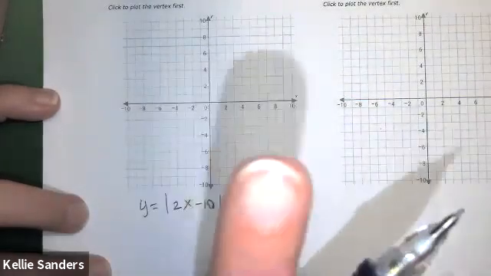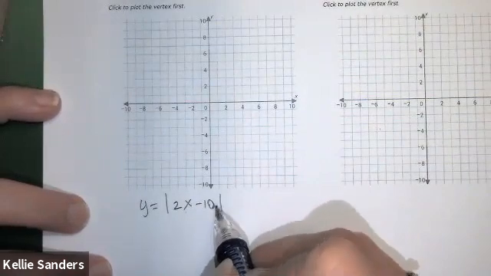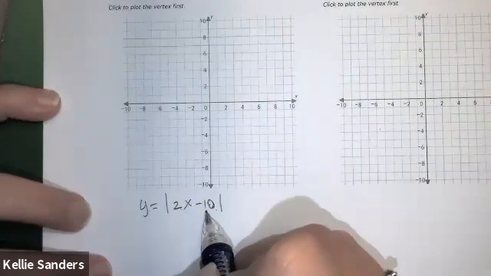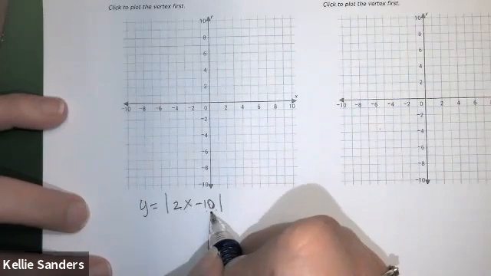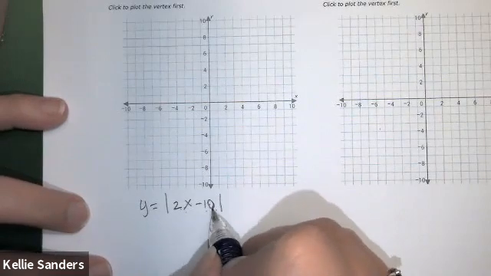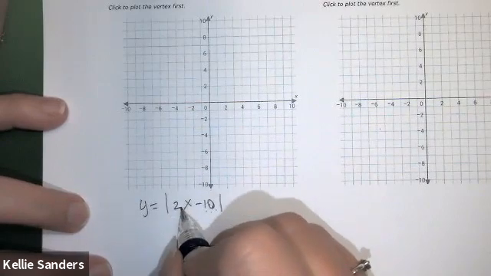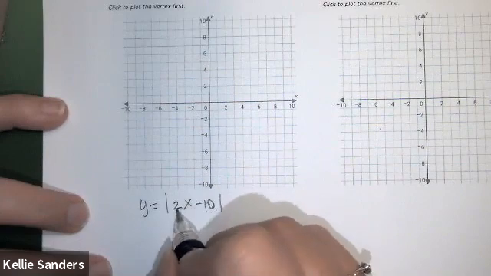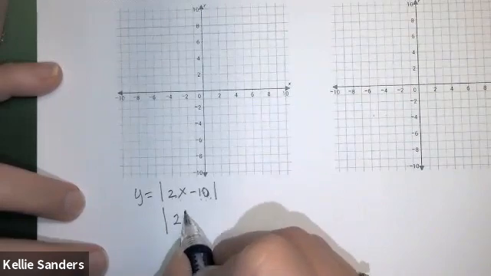So here's my point. If inside the absolute value you have a number with the x and then you have a plus or minus anything, you are going to have to do something first. If there's a number here and there's a number there, there's always going to be something that you can do. And it's pretty much always, if I can't think of an instance that it's not, this number is going to be able to go into this number, which means